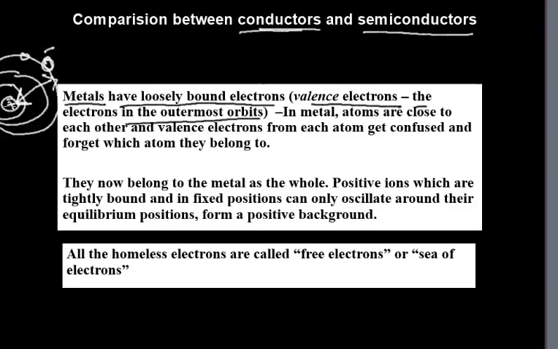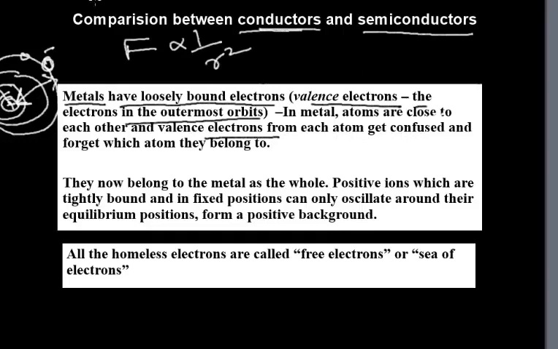Electrons have negative charge, nucleus has positive charge. So the force is a force of attraction, but the force of attraction decreases as the distance increases because it is inversely proportional to the square of distance, right? So in metal, atoms are close to each other and valence electrons from each atom get confused. So in metals,